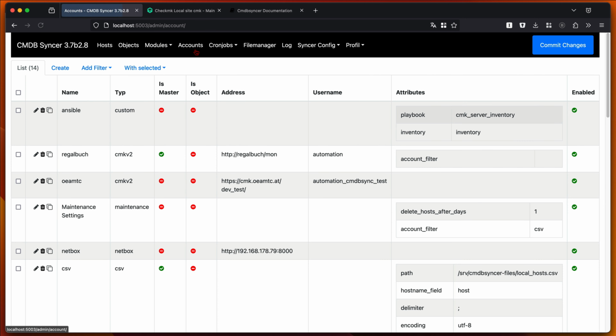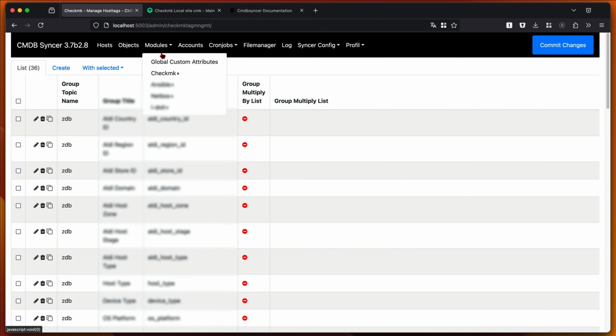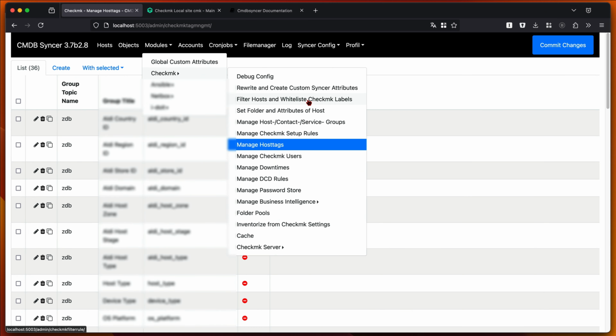The next feature is, for example, full tag management. So basically you can set all kinds of tags in Checkmk, so to manage the tag groups. And not only that, if you export stuff to Checkmk,